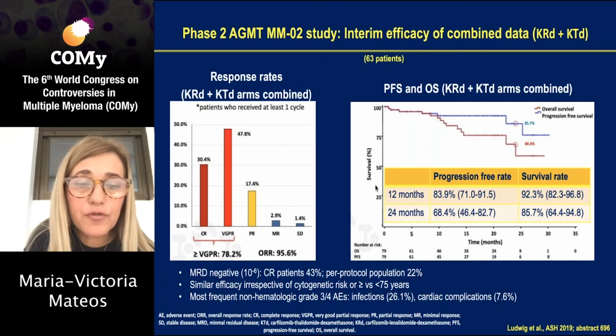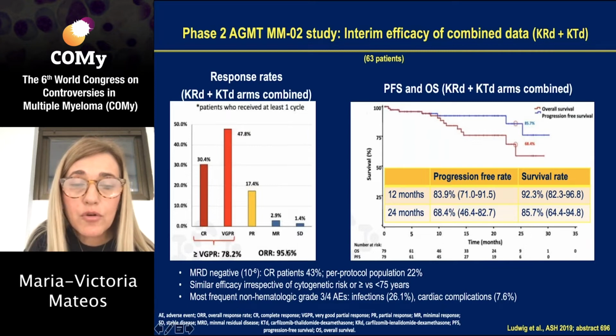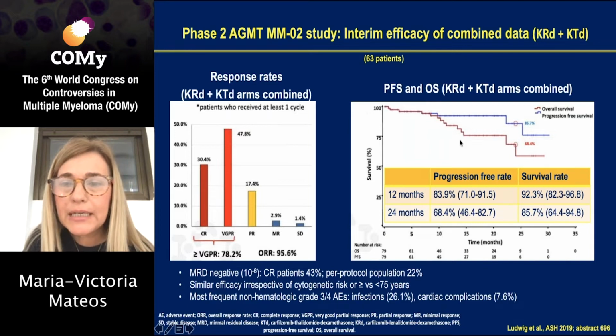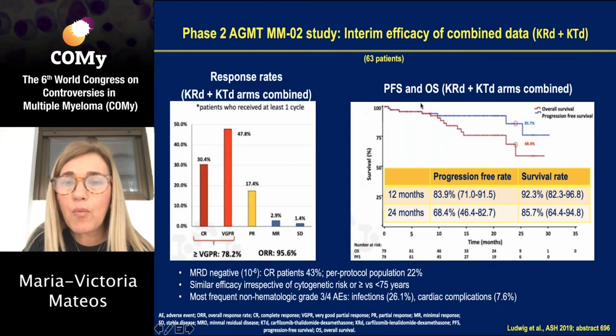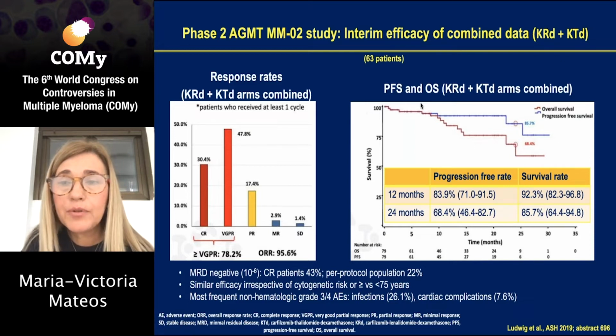And the important news from my point of view is how almost all patients responded to this combination, overall response rate 96%, with 30% of patients achieving complete response, and with progression-free survival and overall survival curves encouraging, although it's true that the sample size is reduced at the moment of presentation, 63 patients, as well as the follow-up. But definitely this trial puts in context that it is possible to investigate carfilzomib-based combinations for non-eligible newly diagnosed